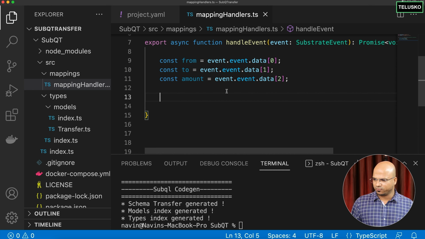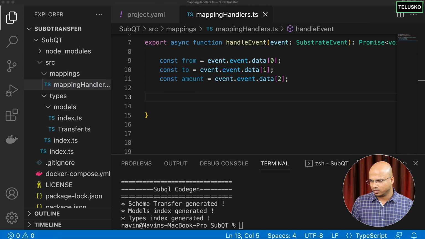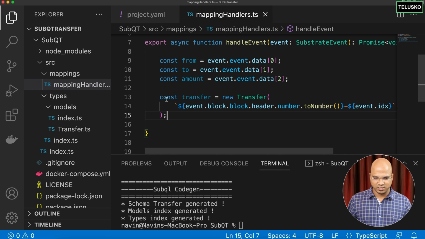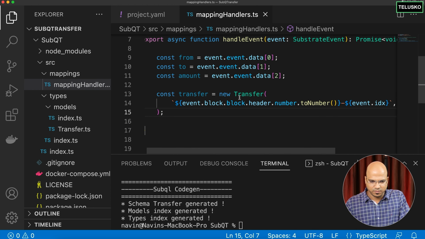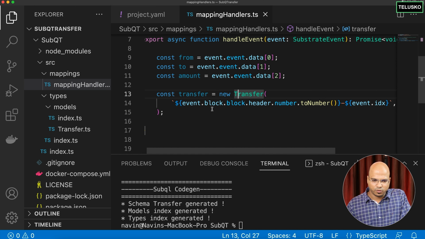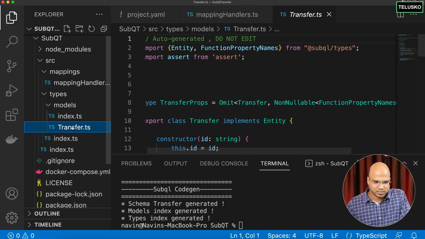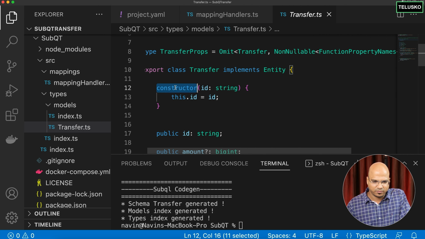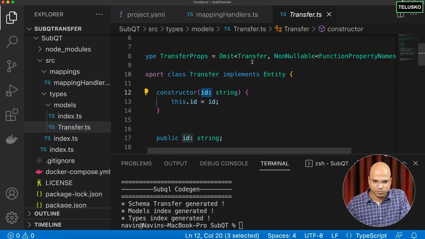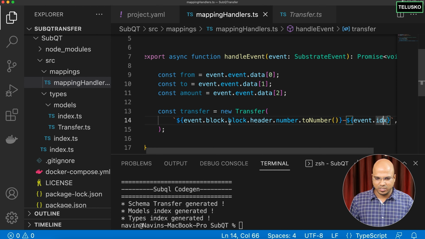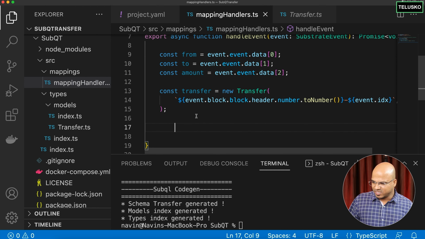Now, once you've got this data, I also want to get hold of the transfer itself. In this case, instead of typing it, I have code ready with me. Again, this will be advantageous when you use the documentation. So this is how you get hold of the transfer. We want the transfer here, and for that transfer, you need to provide the ID as well. So in this case, you can mention this, and you will get the ID. Now, how do we get the transfer object? If you go to transfer.ts, when you want to get the object, can you see that? We have a constructor which takes the ID, and that's what we are mentioning here. So when you mention the ID, you will get the transfer object.